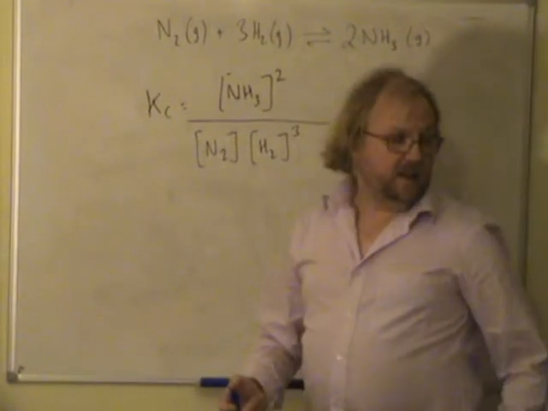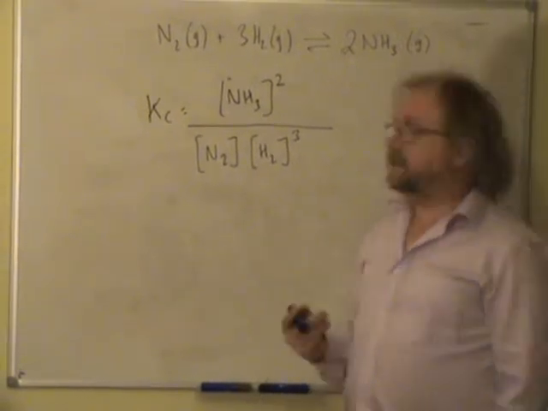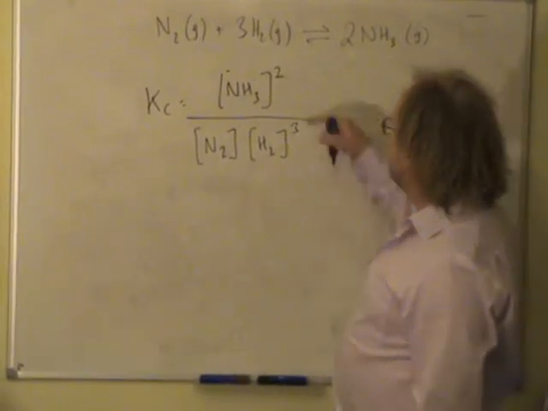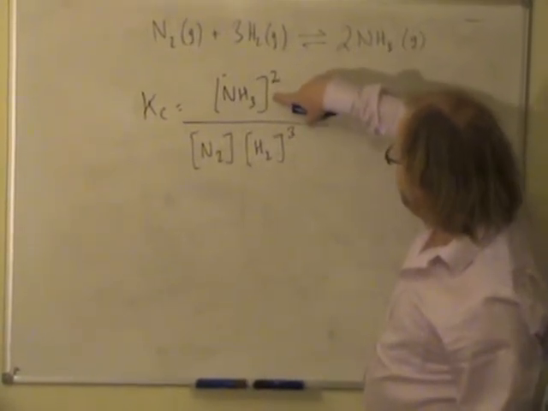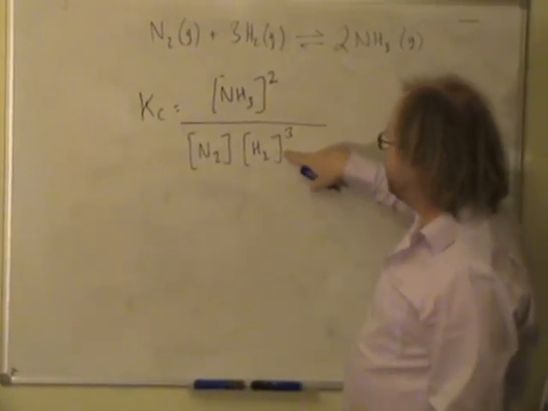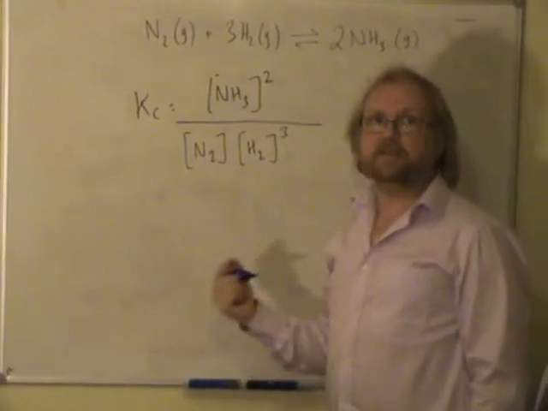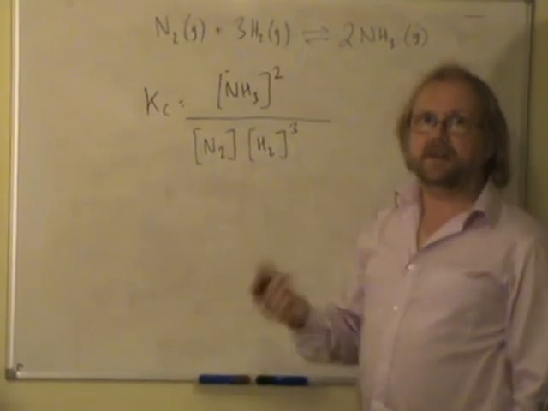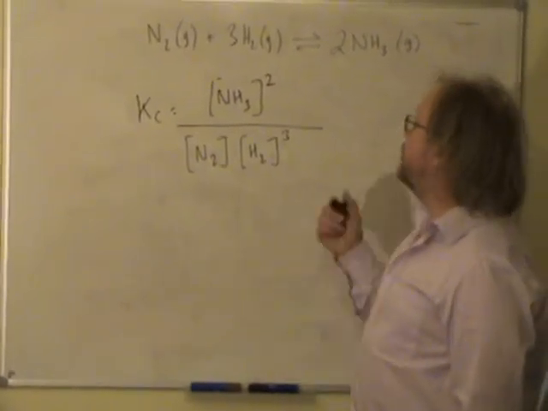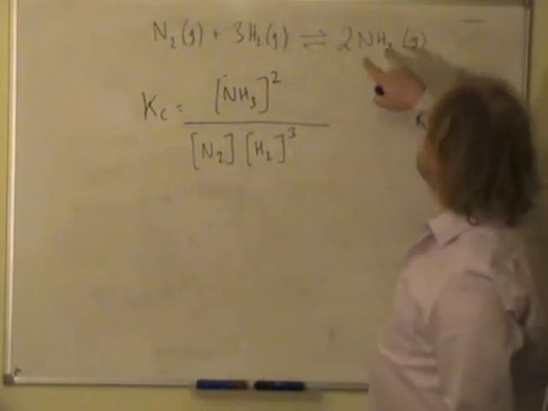So that's your expression. And the units, if you figure it out, you've got moles per dm cubed squared on the top, moles per dm cubed to the 4th on the bottom, so it's moles per dm cubed to the -2, moles to the -2 dm to the 6th. If you're not comfortable doing it algebraically like that, the cheat recipe is that you add up the